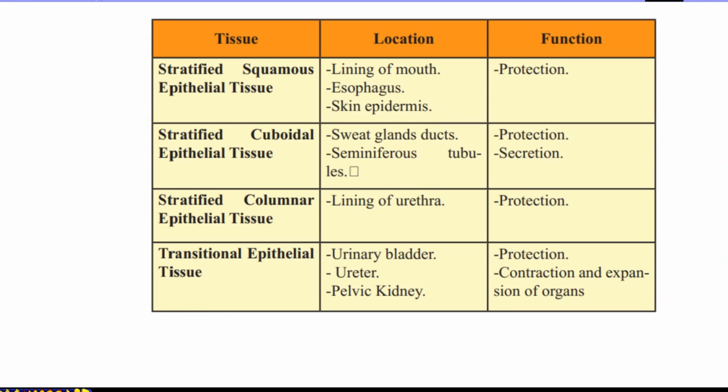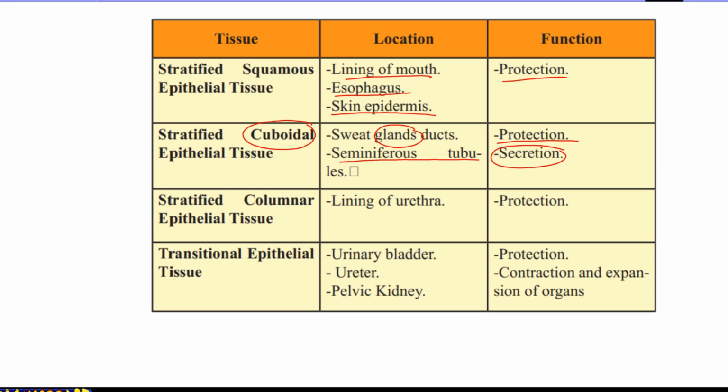For stratified epithelial tissue we also have a table for location and functions. Stratified squamous epithelial tissue in the lining of the mouth and esophagus has the function of protection. Also in the skin epidermis, the outermost keratinized layer of cells provides the function of protection. Stratified cuboidal: when we say cuboidal, we remember the function of secretion in simple or stratified. The glands, salivary or sweat glands, provide the function of secretion, and seminiferous tubules, which are part of the male reproductive system, provide the function of